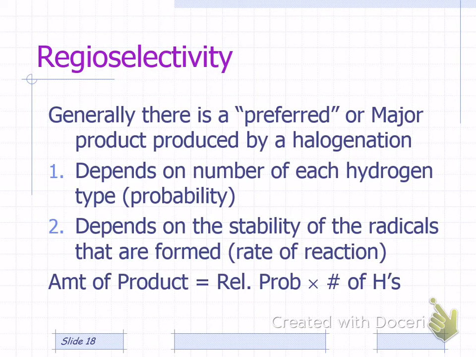Okay, so these reactions are regioselective. I've already mentioned this a couple of times. There's usually a preferred major product. Now, when we talked about substitution reactions or addition reactions, the regioselectivity was based strictly on stability. Which is the most stable carbocation? That determines the regioselectivity. Which is the most stable alkene, double bond, pi bond? That stability determined regioselectivity. Location of the leaving group, the type of, all these things determine. And